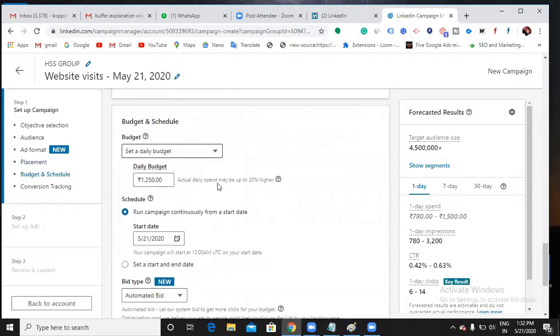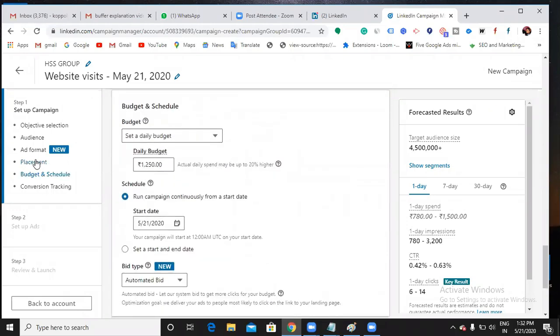So the next here comes placement, fine, ad format, fine, then budget and schedule. What is this? Set daily budget and set daily and total budget. What does it mean?